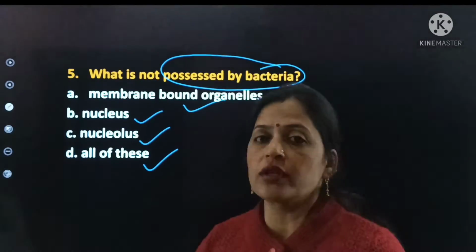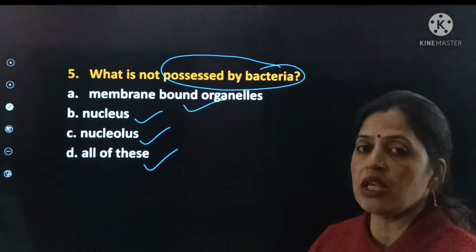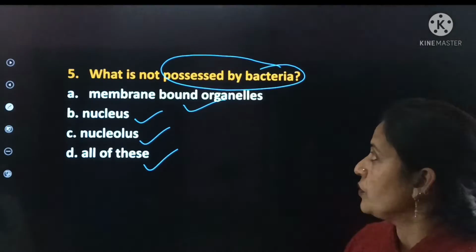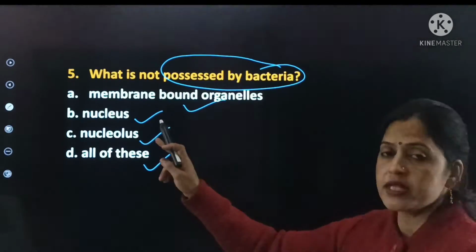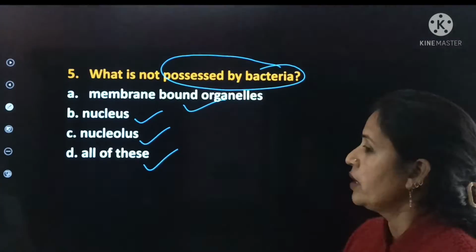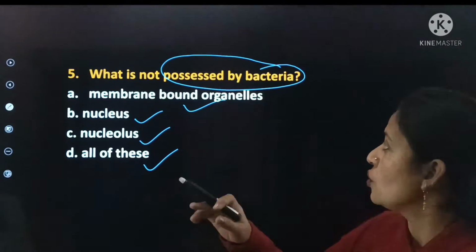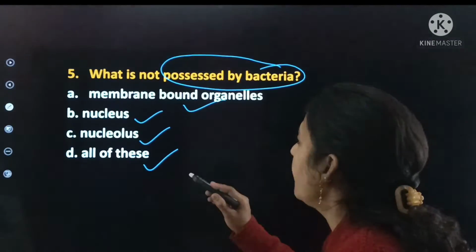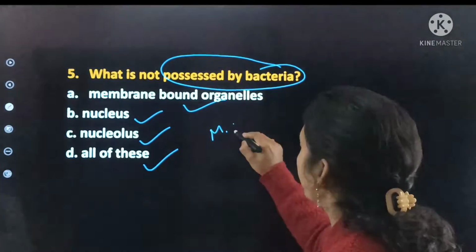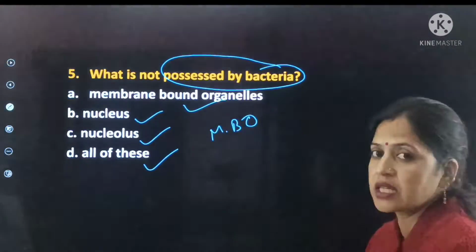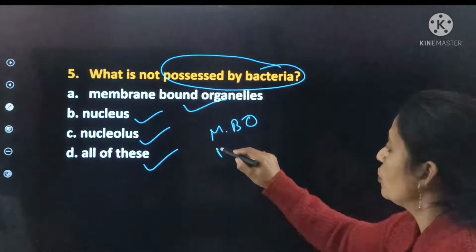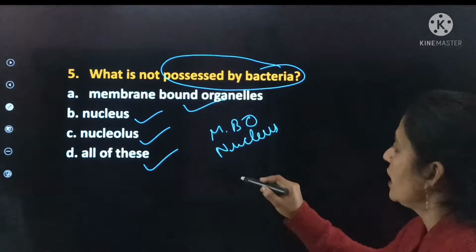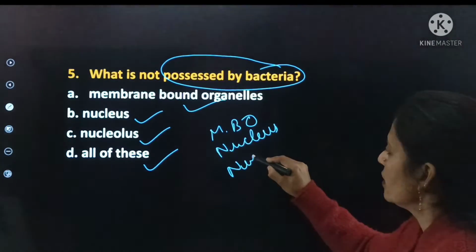तो यहाँ पर आपको ये फाइंड आउट करना है कि इनमें से कौन है जो कि पोजेस नहीं होता है बाय द बैक्टीरिया। मेम्ब्रेन बाउंड ऑर्गेनेल्स हैं, न्यूक्लियस है, न्यूक्लियोलस है, या फिर ऑल ऑफ दीज। इनमें से कौन है जो कि पोजेस्ड नहीं किया जाता है बैक्टीरिया के द्वारा? तो जो बैक्टीरिया के द्वारा पोजेस नहीं किया जाता है वो आपके मेम्ब्रेन बाउंड ऑर्गेनेल्स भी हैं, न्यूक्लियस भी है, एंड इवन न्यूक्लियोलस।